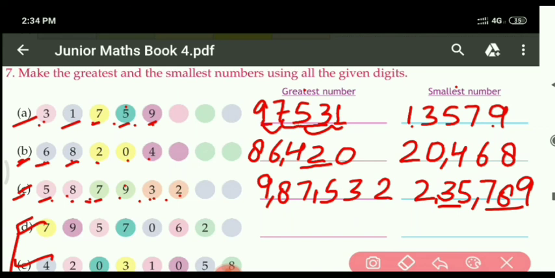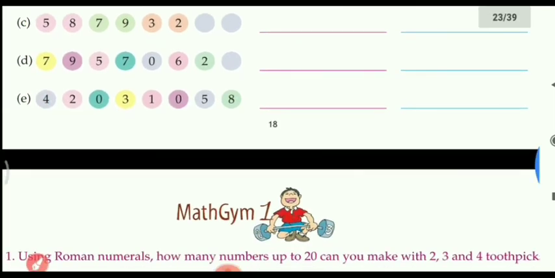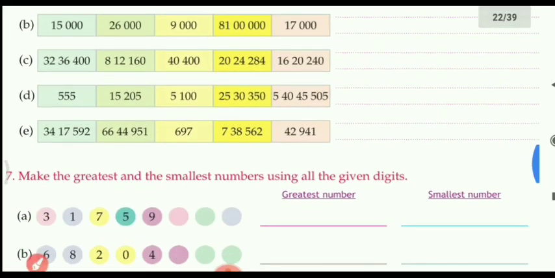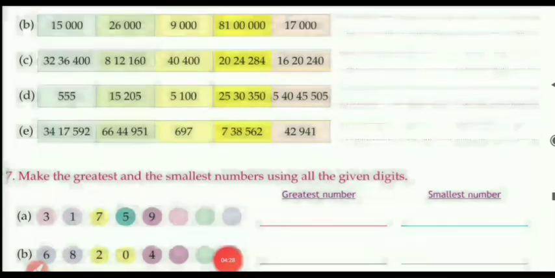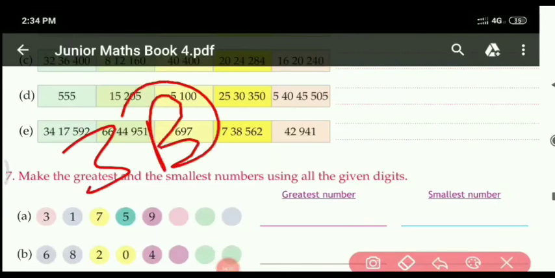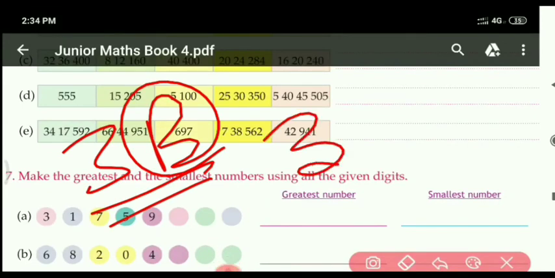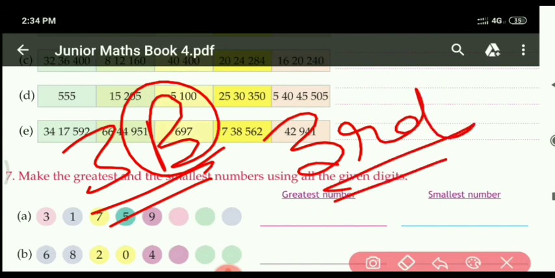Got it? So as I did these A, B and C parts, similarly you will do D and E parts. These both parts will be your homework only. Clear? So that is enough for today, students, because till here your exercise 3B is over, and your chapter 3 is also over. Clear? So students, I request all of you, practice exercise 3B properly, and do your homework properly in your homework notebook.